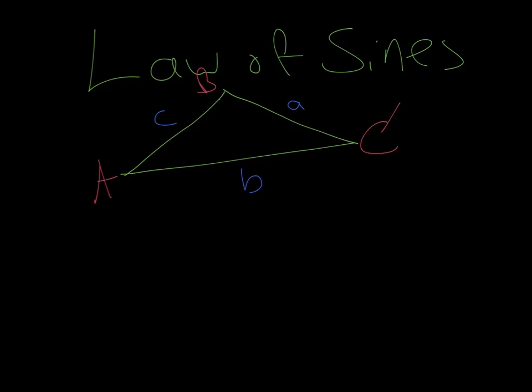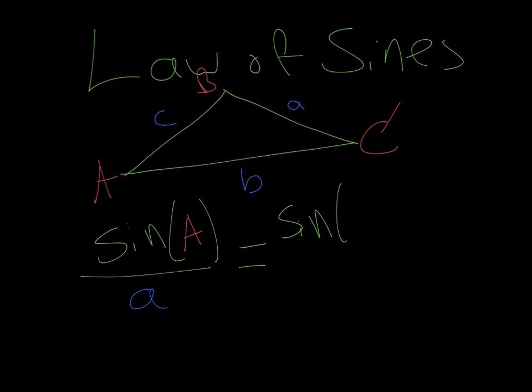Within our figure here, the red letters will denote our angles, also being capital letters, and then the blue will represent our sides. So take note that little a is across from angle A. So law of sines states that if you take the ratio, if I have sine of big A divided by its opposite side, little a, that ratio is going to be the same as if I take sine of big B